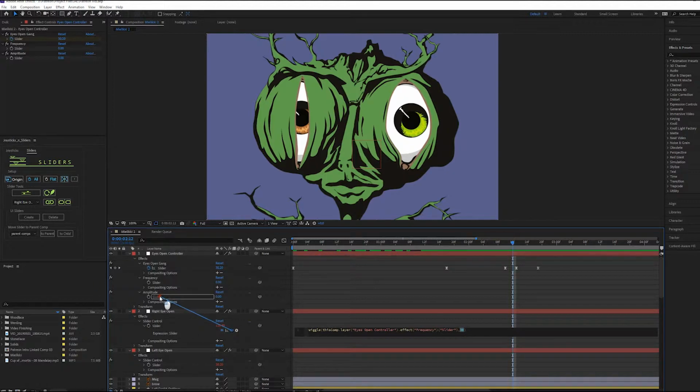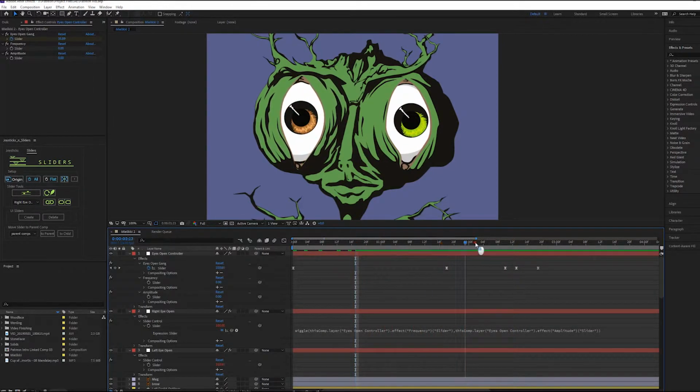And we'll pick that over to the amplitude there. So it looks really complicated when you just look at all these words and brackets and everything, but again, you don't have to memorize that. You don't have to know what it all means by sight. Eventually you get the hang of that too, but you kind of do it visually, which is why it really works for me. So now you can see there's no wiggle happening, but over here, if I just turn frequency up,